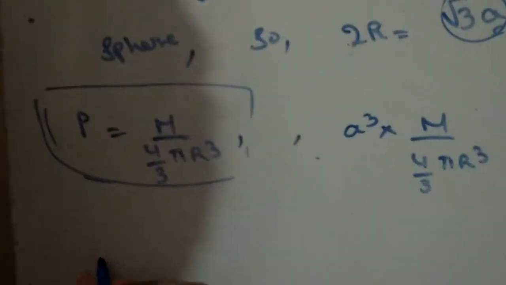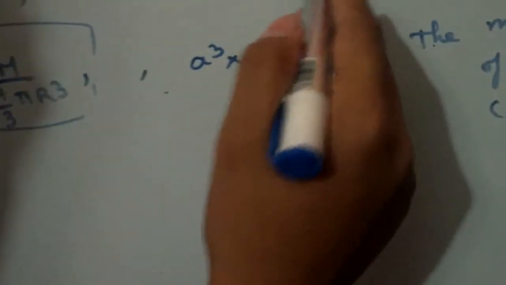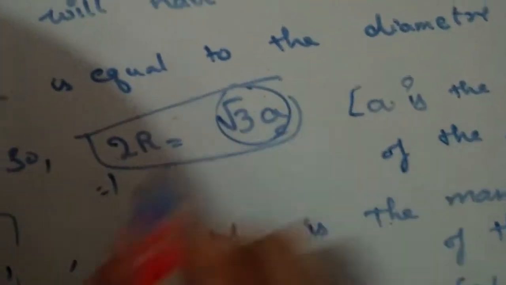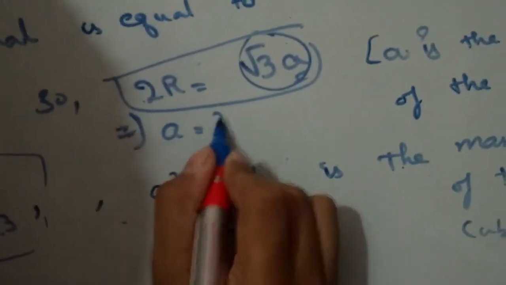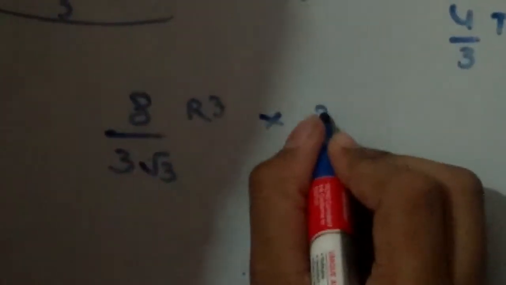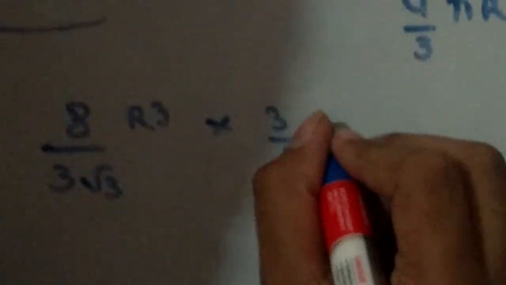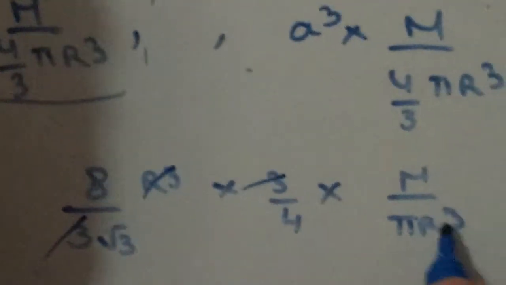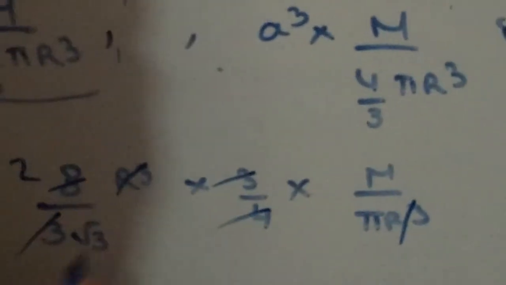So here, substituting the value of a, from this equation we get that a is equal to 2 by root 3 r. Substituting this value in this equation we get 8 by 3 root 3 r cube multiplied by 3 by 4 into m by pi r cube is the mass of the cube. So this 3 cancels 3, r cube cancels r cube, and 4 2s are 8. So the value is